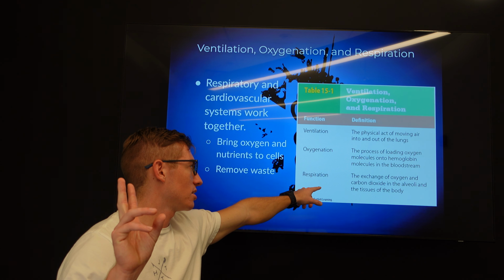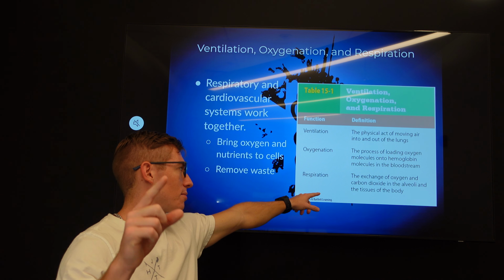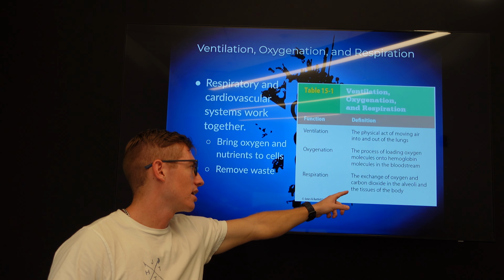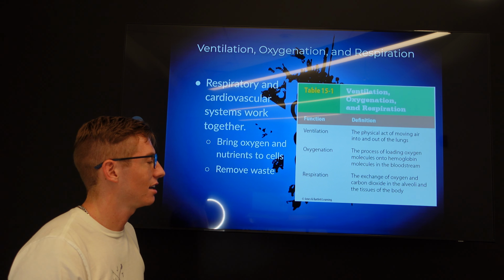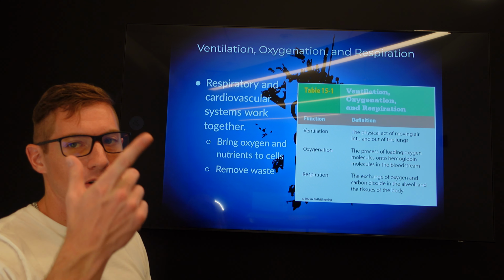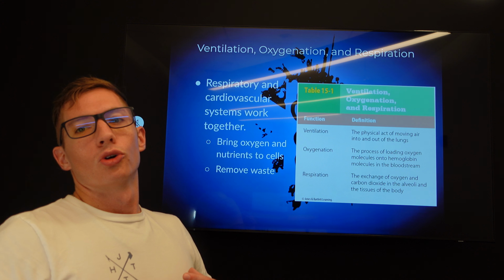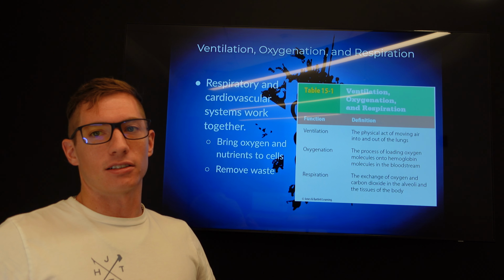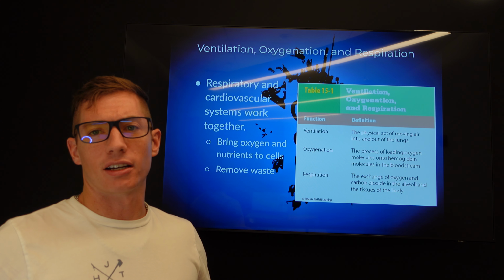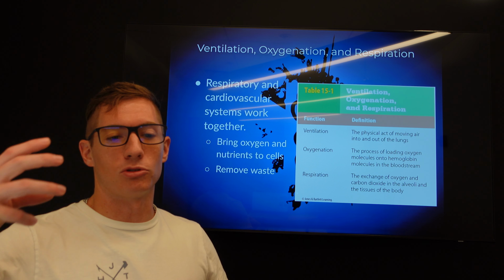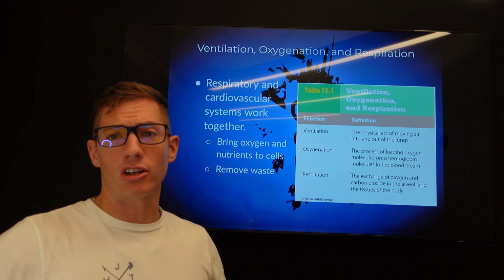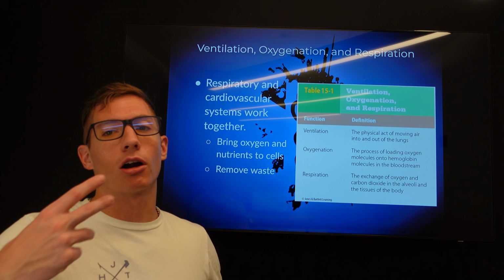There are two exchanges of carbon dioxide and oxygen: in the alveoli and in the tissues of the body. Internal respiration happens first. When you breathe, you ventilate. Here comes all the oxygen. It's in your lungs. Your lungs take the oxygen and absorb it through the alveoli, and then the alveoli release carbon dioxide from